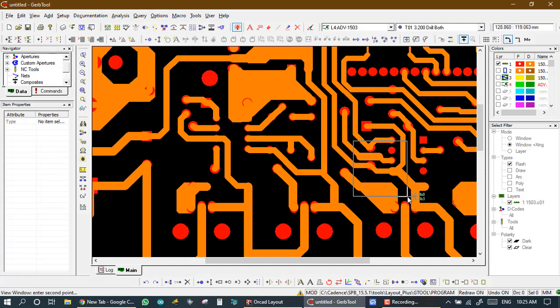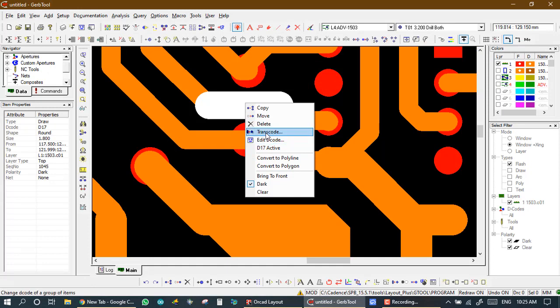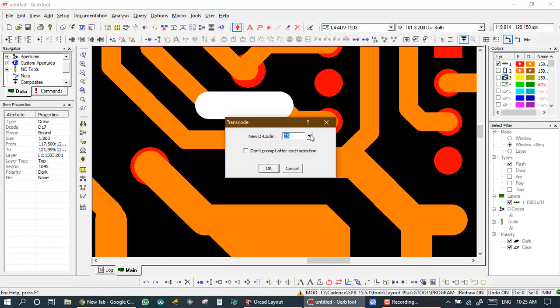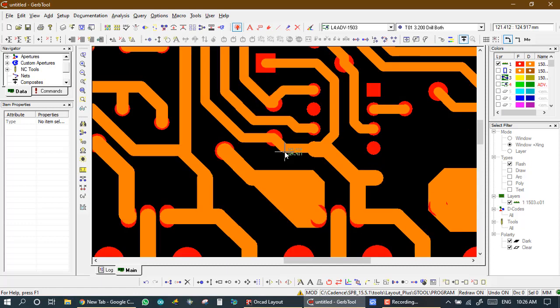So we directly change the decode here, right click, transcode, and it is 35, and decode number 35 has a value of 1.2 mm. So we saw two changes: one in flash and second in draw. Now we also see if there is any problem in this Gerber, then we solve it.